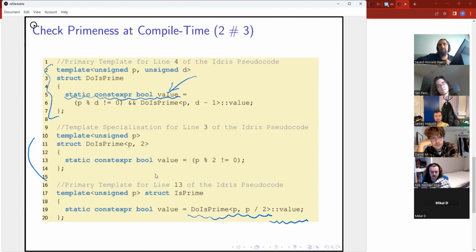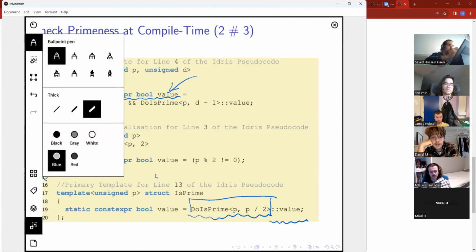Now, you remember that I told you about some sort of laziness going around. The laziness is here. This thing itself does not give us the value. In loose terms, it doesn't perform the call to the metafunction. It only says, I want to call this metafunction. Let me change the color.